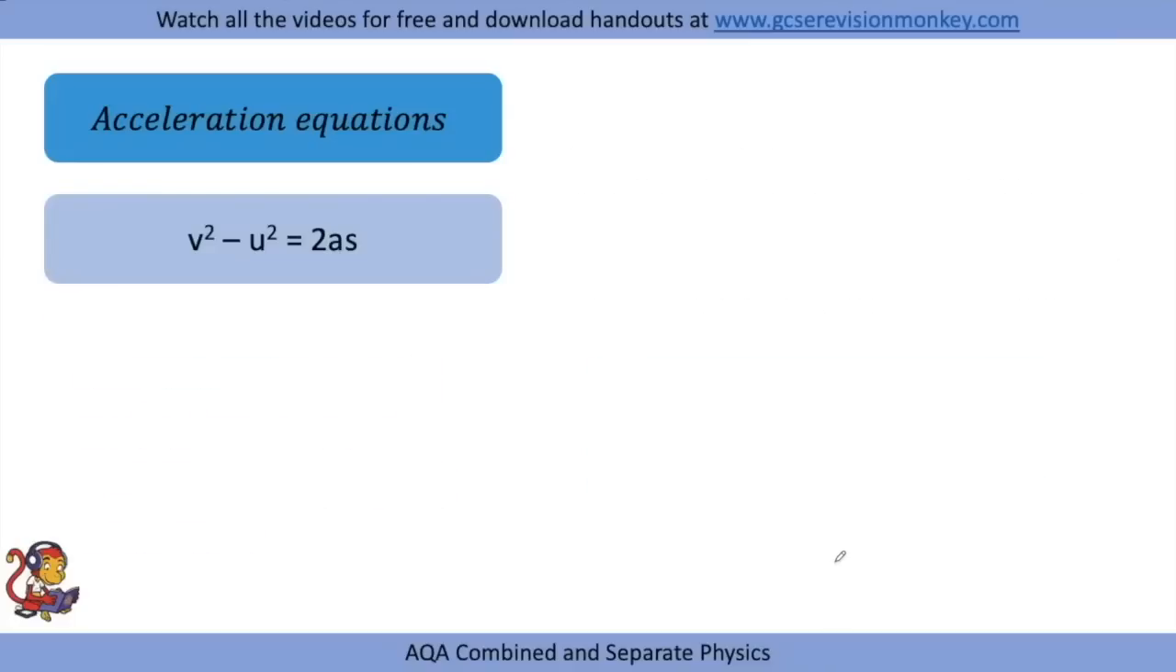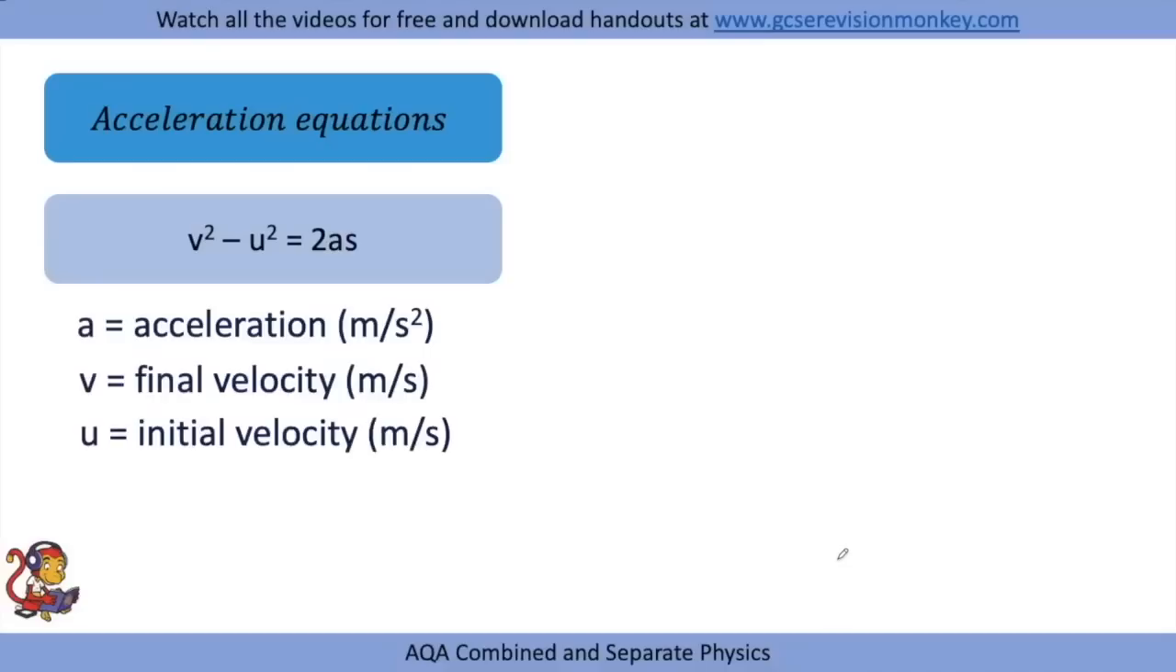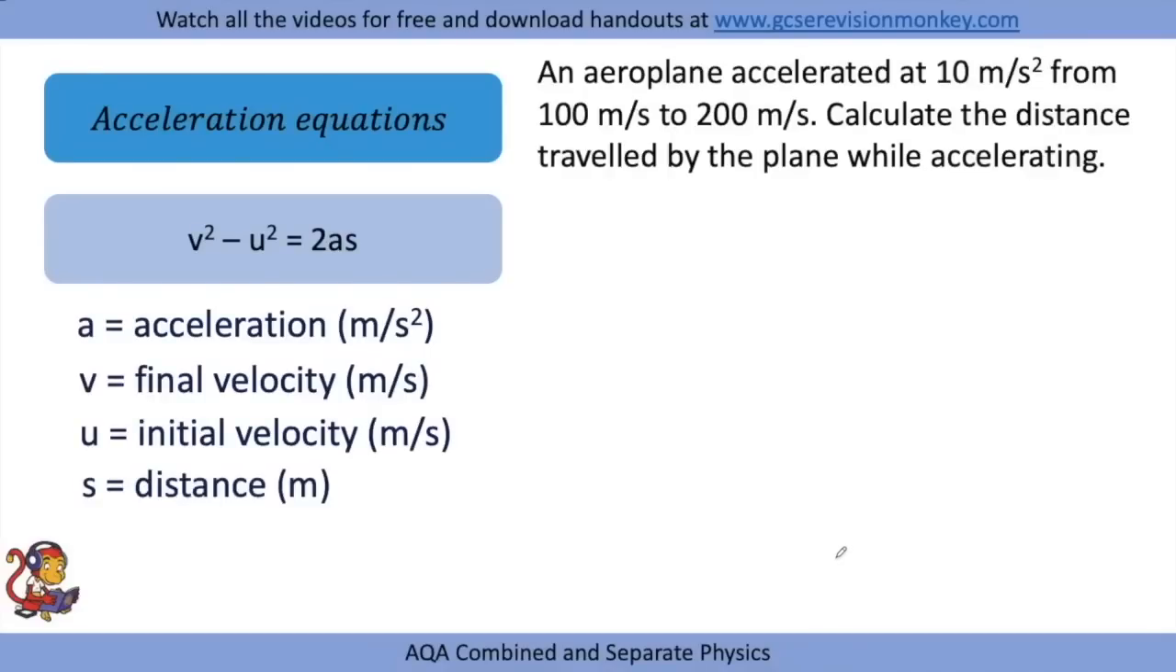Then we've got another acceleration equation, which is v squared minus u squared equals 2as. Again, acceleration, final velocity, initial velocity. s in this equation is distance. And let's have a look at this practice question. It says an aeroplane accelerated at 10 meters per second squared from 100 meters per second to 200 meters per second. Calculate the distance travelled by the plane